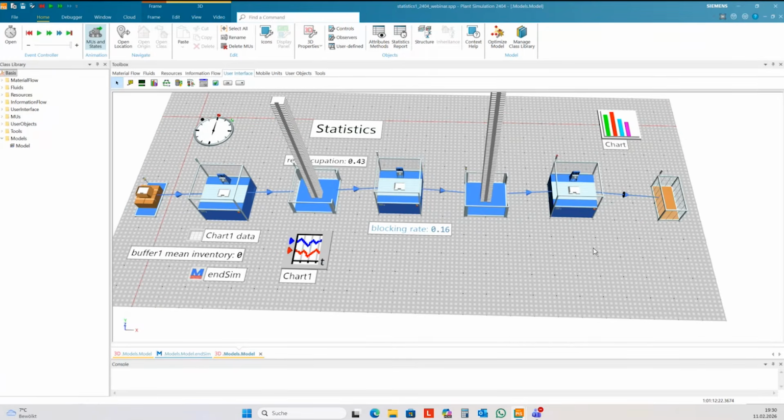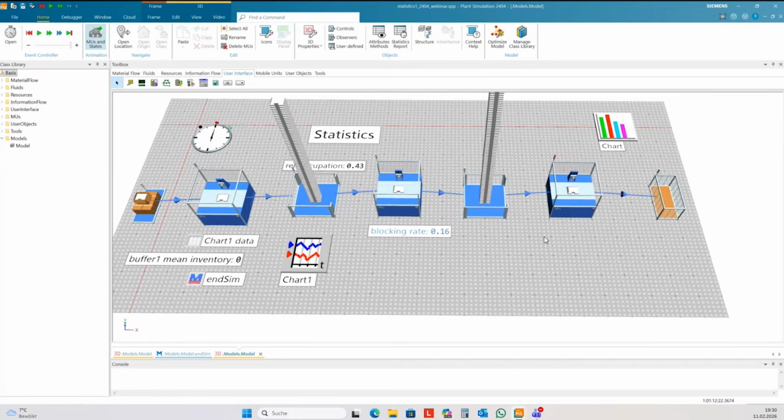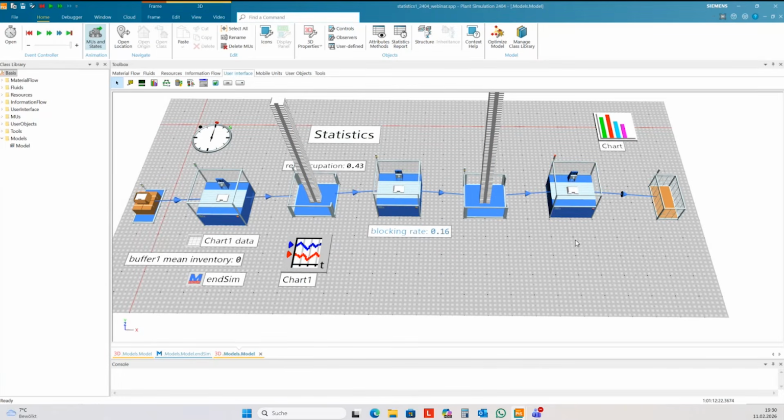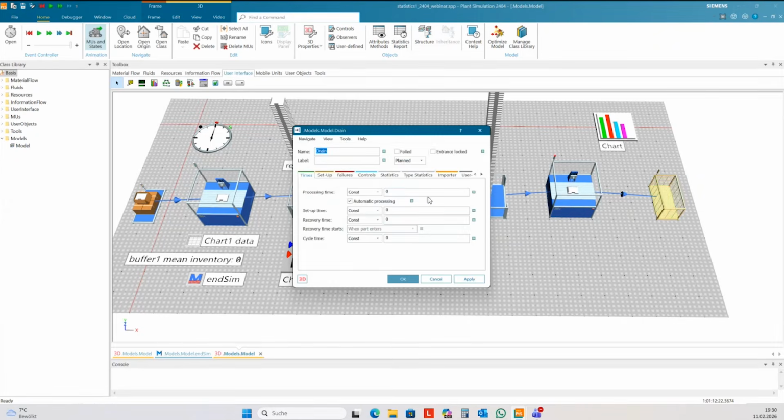So another way, what you don't have in these stations are, for instance, some time-based values. For instance, if you need to display jobs per hour or jobs per day, then you already have some statistics in the train.